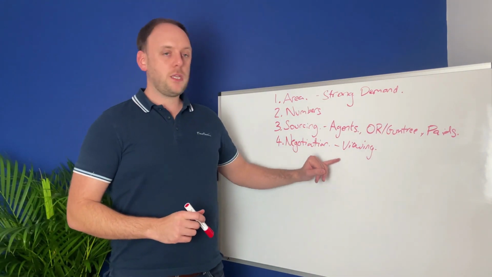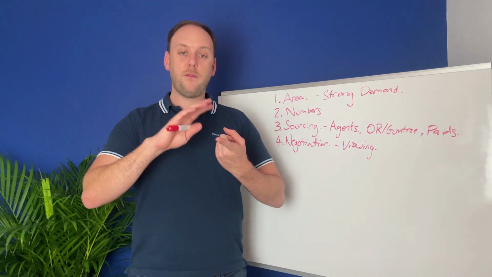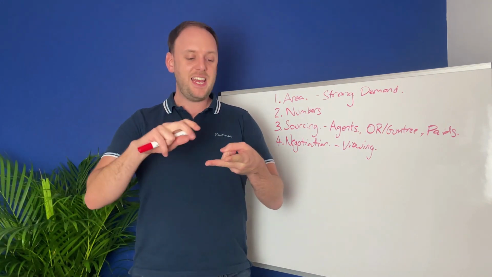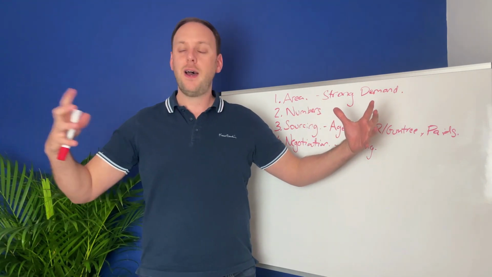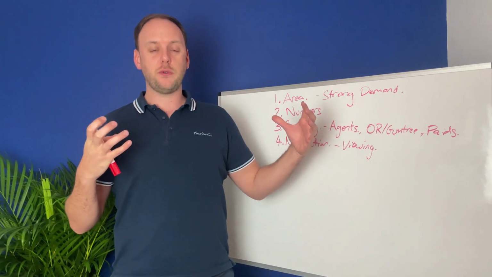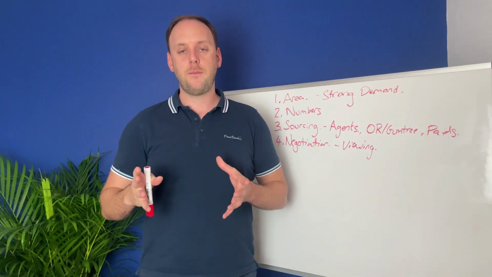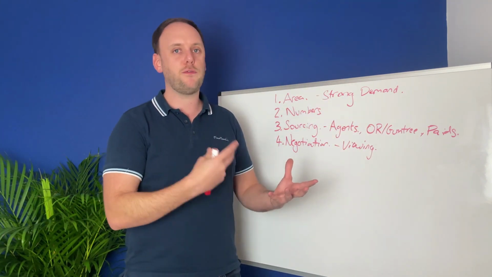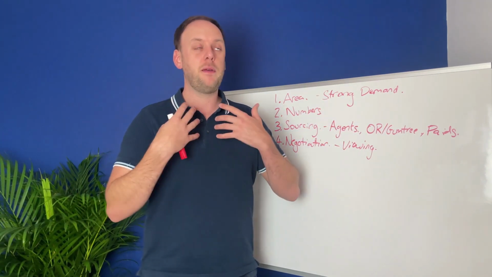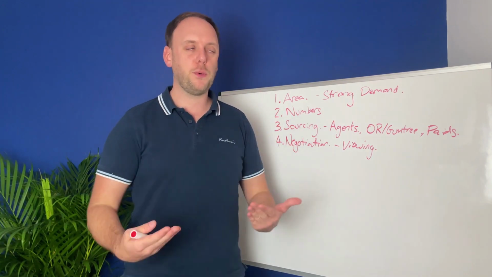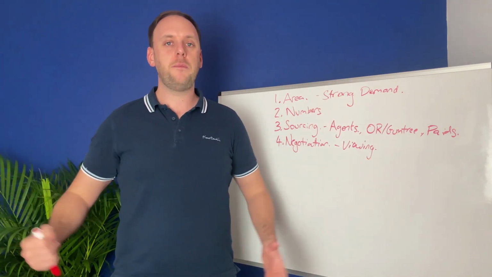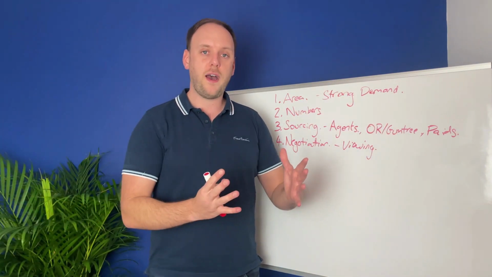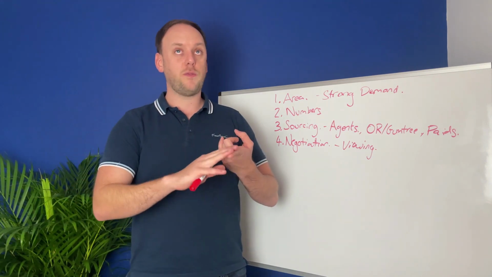Now, other things that we need to agree with these people are the rental price that we're going to be paying, any inflationary clauses in that, because again, remember, we're going for longer term contracts here. I typically, when negotiating rent-to-rent deals, ask for a minimum of 3 years. Now, I will do shorter if it's a really good return on investment and they just want it for a shorter period for whatever reason. Maybe they have never worked with me before and don't feel comfortable. Maybe they need to sell the house in a couple of years and they don't want to do a 5-year commitment. So I will go shorter if I have to, but